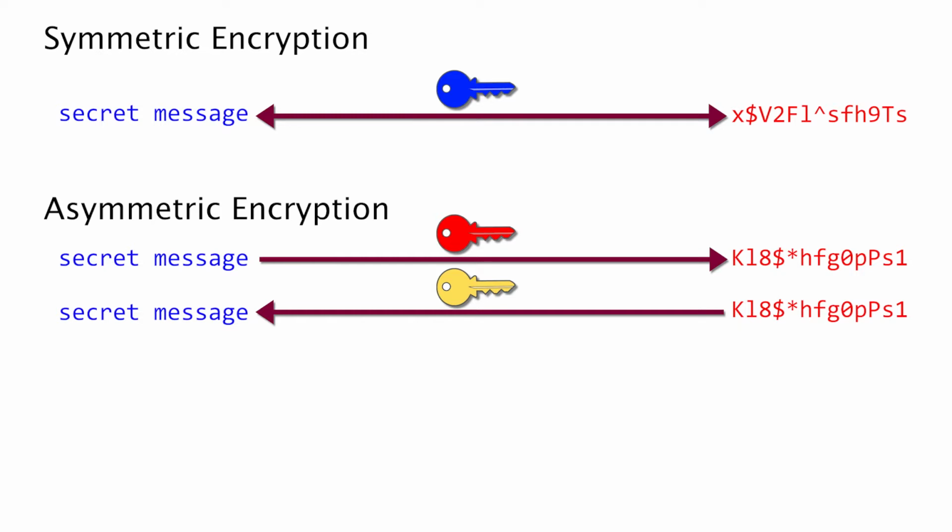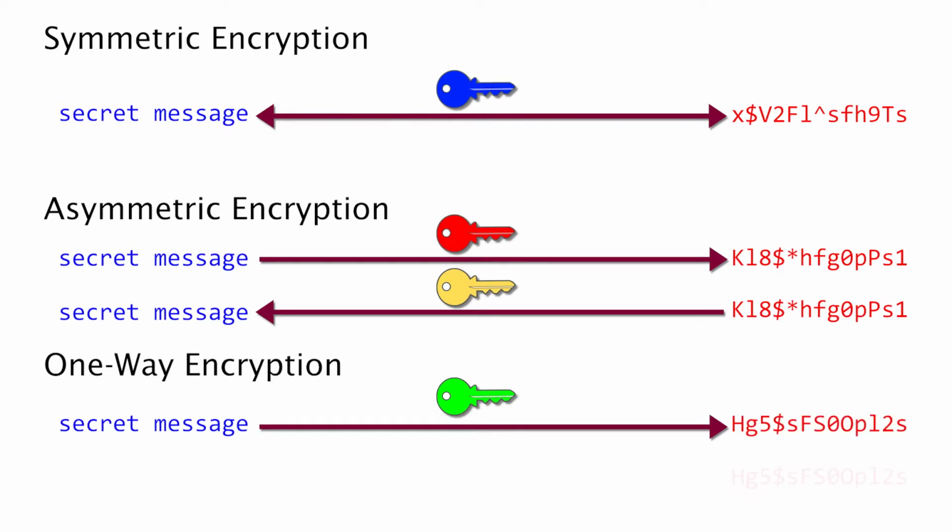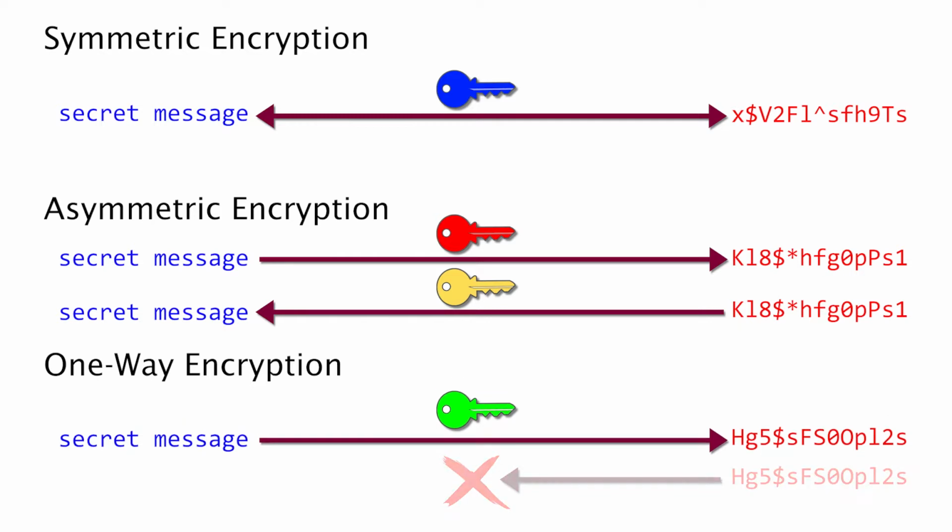And then the third type of encryption, which we're going to look at here, is what is known as one-way encryption. With that, we have an encryption key, but we have no decryption key whatsoever. So that's a bit like having write-only memory. We can convert our data into an encrypted form, but it's mathematically impossible to decrypt that to get it back to the original. That may seem like a very odd thing to do, but that is the basis of password encryption. Now, if we've got a website, all three of these forms of encryption may well be available.